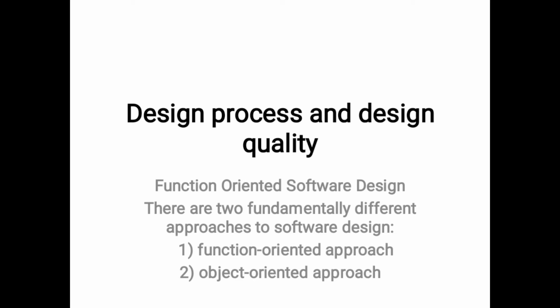So look at the function oriented. A function should be there. In between every two components, there should be a function. I will tell you a very simple example. A library management system is one type of function oriented software design.